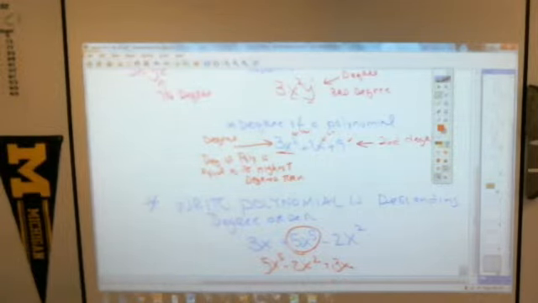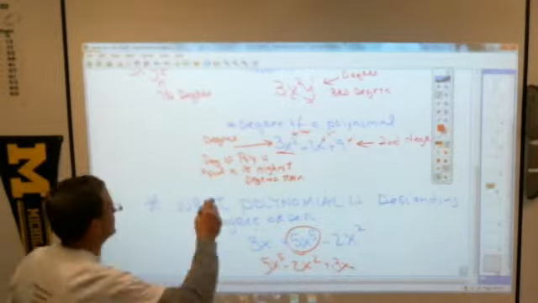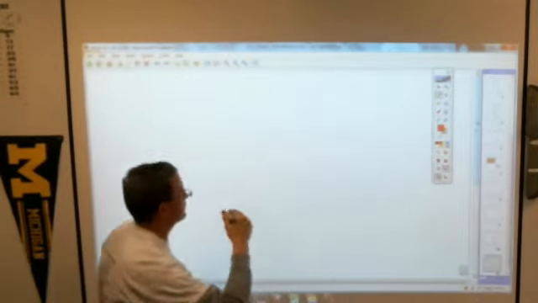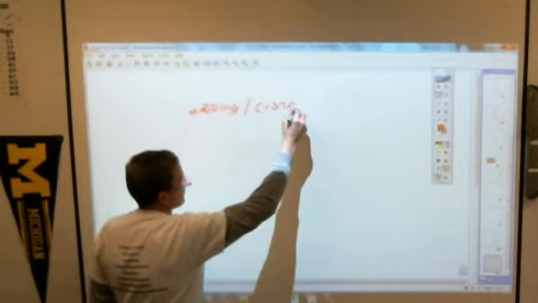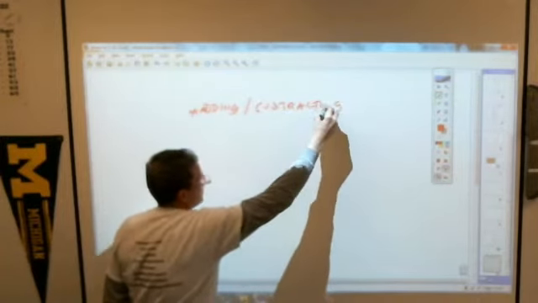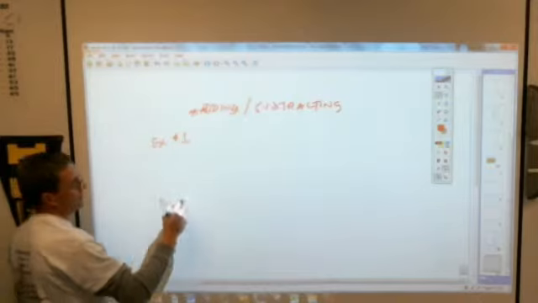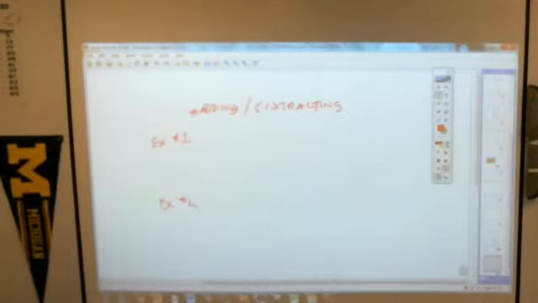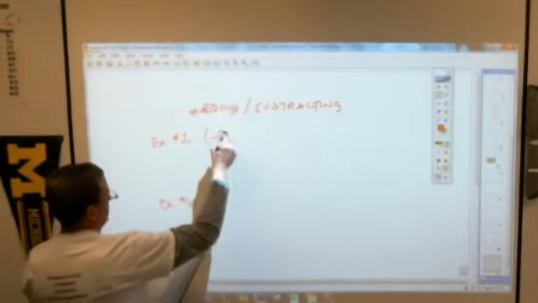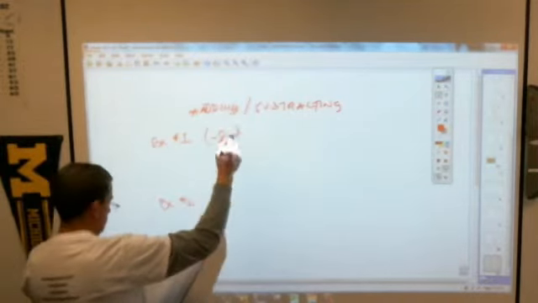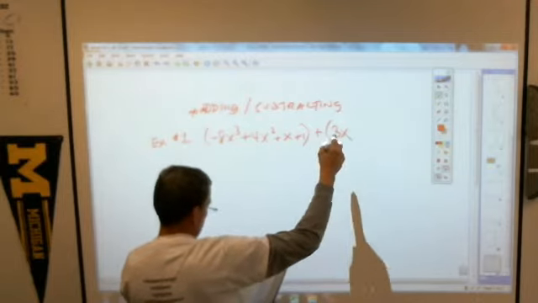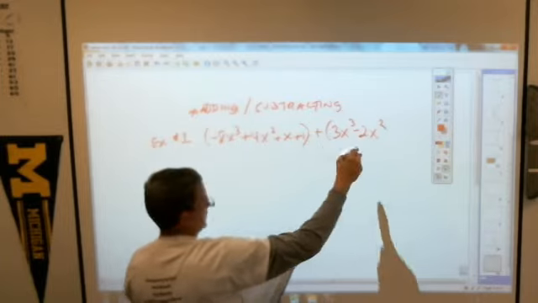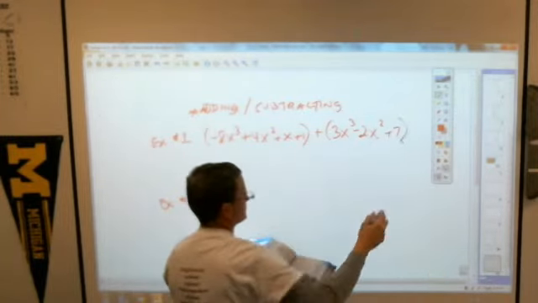Are you ready to forge ahead? Now, back to what we actually were supposed to talk about today, which was adding and subtracting polynomials. Under the same notes here, write down these two examples, adding and subtracting. Example number 1 and example number 2. One adding, one subtracting. Let's say you have this as a problem: negative 8x cubed plus 4x squared plus x plus 1, in parentheses, plus 3x cubed minus 2x squared plus 7, in parentheses. And then for the other one,